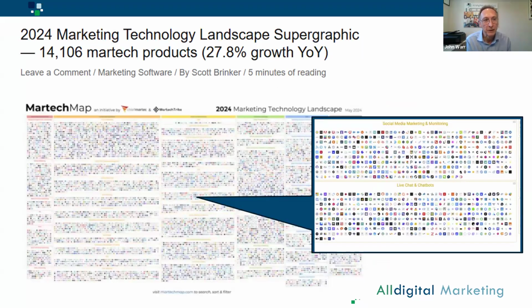So to help, there's been a whole industry which is called marketing technologies, or MarTech. And out there are loads of little shiny products. This is a marketing technology map that was produced by Martech, which is one of the large online magazines. Each year they do a survey, and in 2024 they found that there were 14,126 different MarTech products. Each MarTech product is trying to help you understand a little part of that buyer's journey. So the technology landscape's huge.